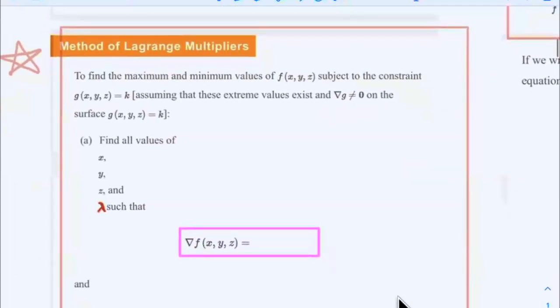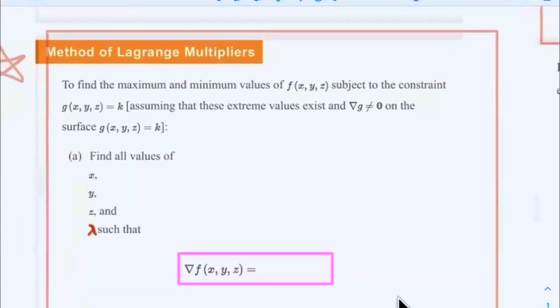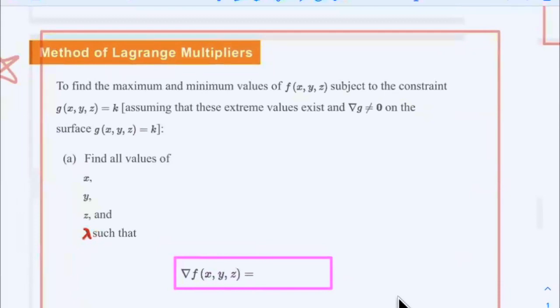Okay, here's the outline of the procedure to find the maximum and minimum of the function f, subject to this constraint. This is the function we try to find the maximum or minimum with, the function f, and the constraint is g of this equal to k. Assume that the gradient of g is not zero, then